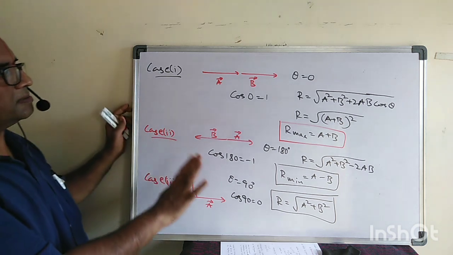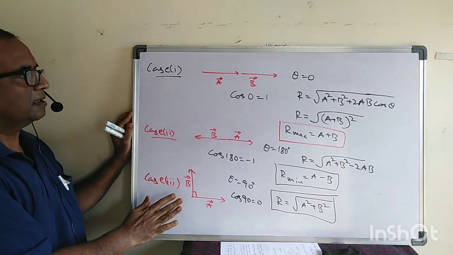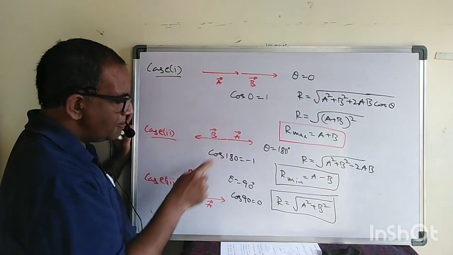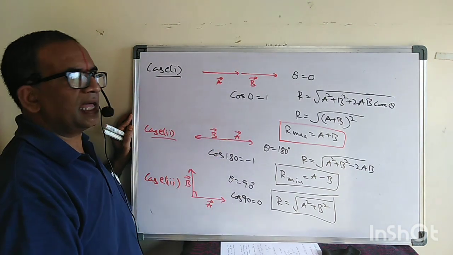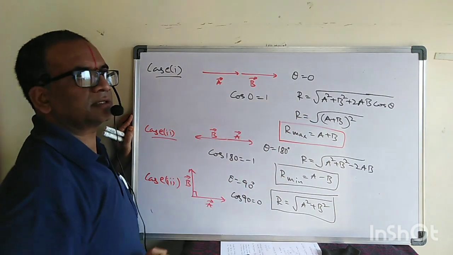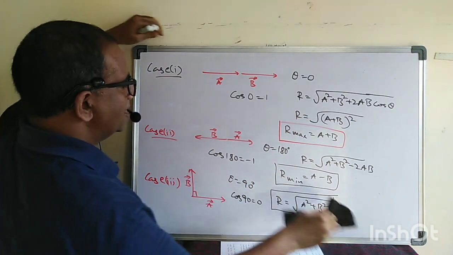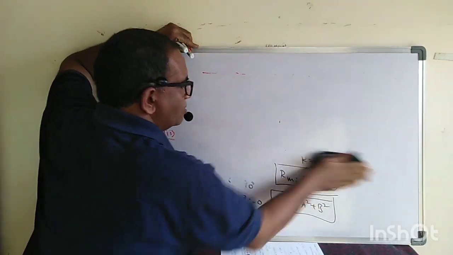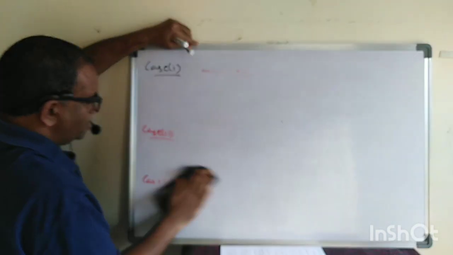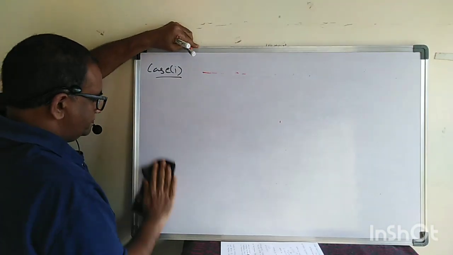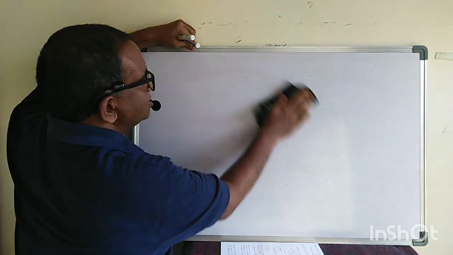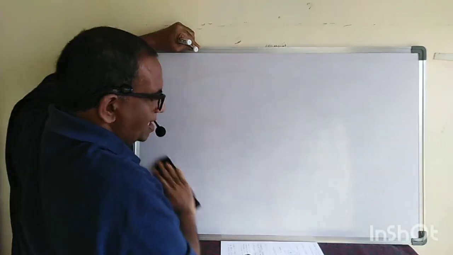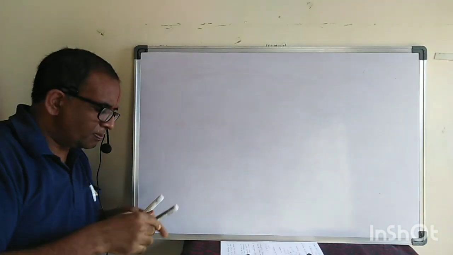Are you following what I am saying? We got three cases here. Either they may be in the same direction, in the opposite direction, perpendicular, or they may act at any angle. Every time the resultant is this. Now let us look at one simple problem based on this. Whatever you want to copy, please kindly pause and copy. Let us try one problem, and one problem I give you as homework. Please kindly type the answer in the comment box.